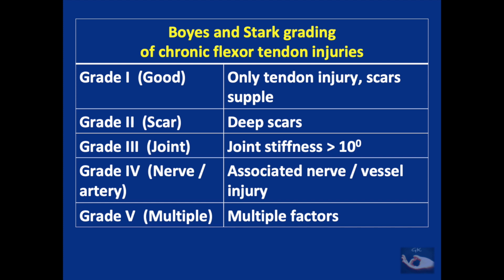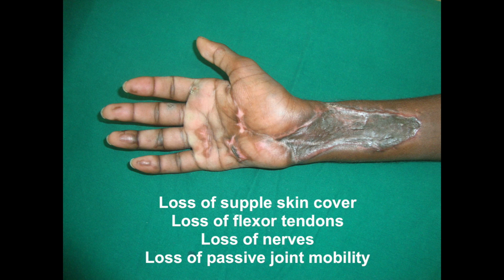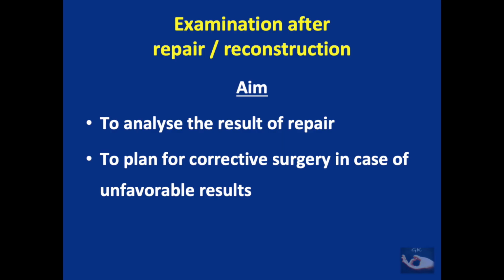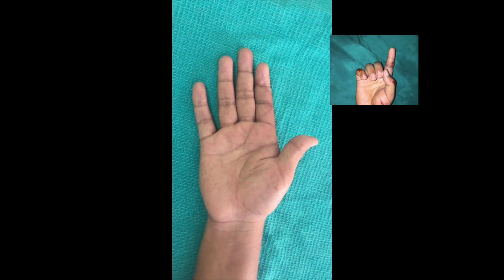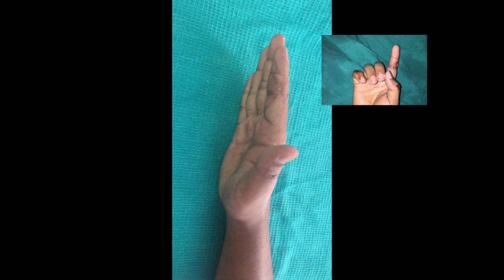Grade 4, where the nerve and artery may be associated. And grade 5, multiple factors, like this patient with a loss of supple skin, loss of flexor tendons, loss of nerves and loss of passive joint mobility coming under grade 5. The examination after repair or reconstruction of flexor tendons is also important. The aim here would be to analyze the result of the repair and to plan for corrective surgery in case of unfavorable results. The movements at the individual joints achieved by the repair must be recorded accurately,